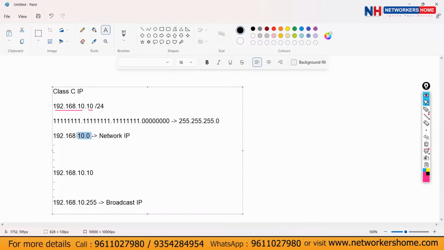This is considered the network IP. It's like your college code, and from here is where the actual roll number starts. But 0 we do not assign to any person, correct? Roll number 0 we do not assign to anyone. So this will remain like that only. We do not assign it to any host, and we call this the network IP.